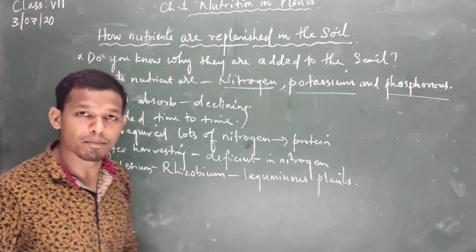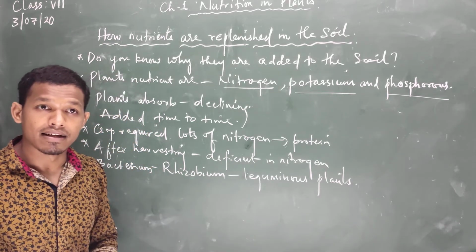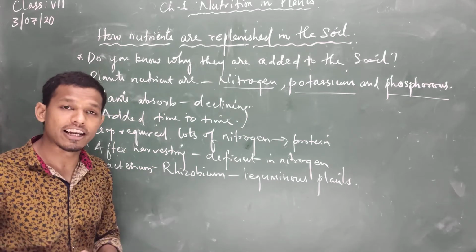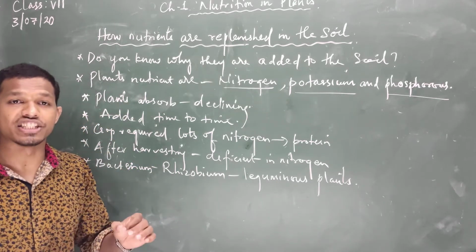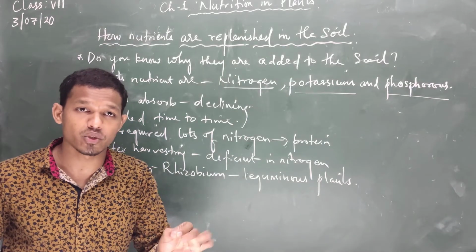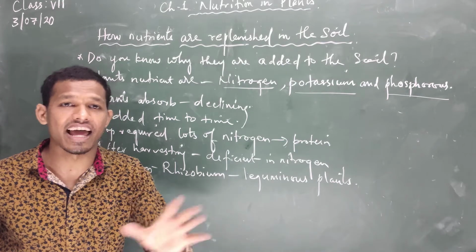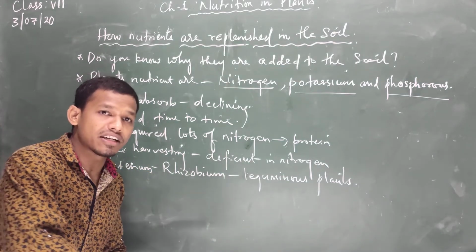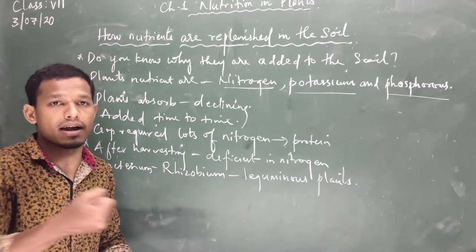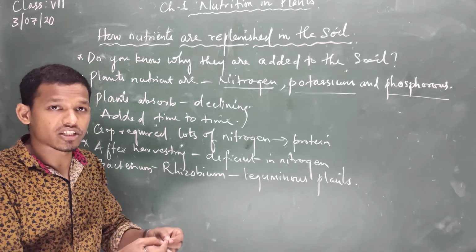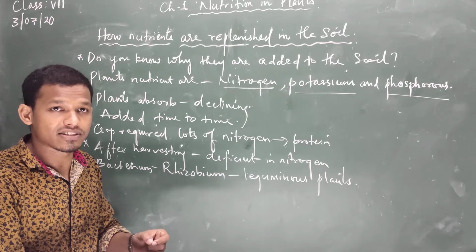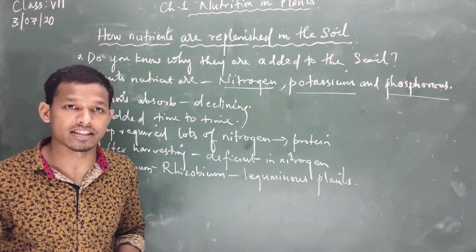As you all know, farmers use fertilizers and manures in order to enrich the soil. So they will add them from time to time. You have already learned that plants absorb minerals and nutrients which are present in the soil. But the amount of nutrients or minerals present in the soil keeps on declining, because whatever nutrients are present in the soil are absorbed by the plant. If the minerals present in the soil are absorbed by the plants, then definitely the minerals present in the soil keep on declining. So if there is a deficiency in any minerals such as nitrogen, potassium or phosphorus,